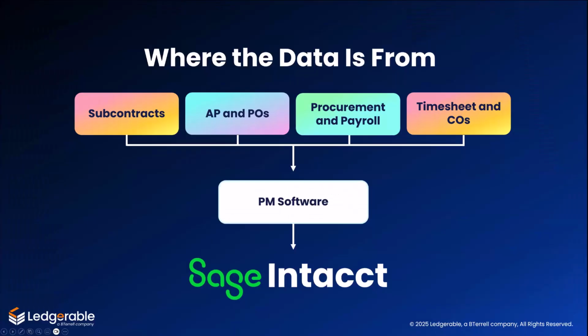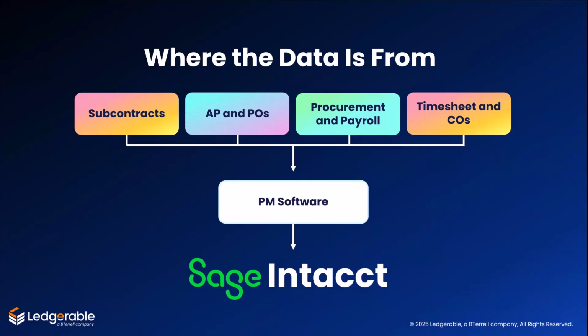Now, for this KPI to work, your data has to be integrated and timely. Your job cost variance report pulls data from subcontractor invoices in accounts payable, purchase orders and commitments from procurement, credit card transactions that map to the job and cost code, labor time entries from payroll or timesheet system, change orders from project management tools like Procore, Sage Construction Management, or Autodesk Build, which all directly integrate with Sage Intacct.